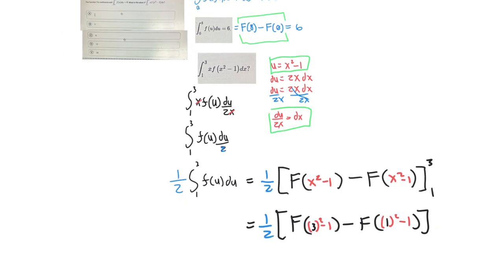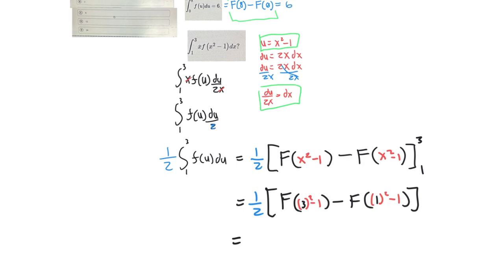And then we would of course be seeing that it's 1/2 times big F of 8 minus big F of